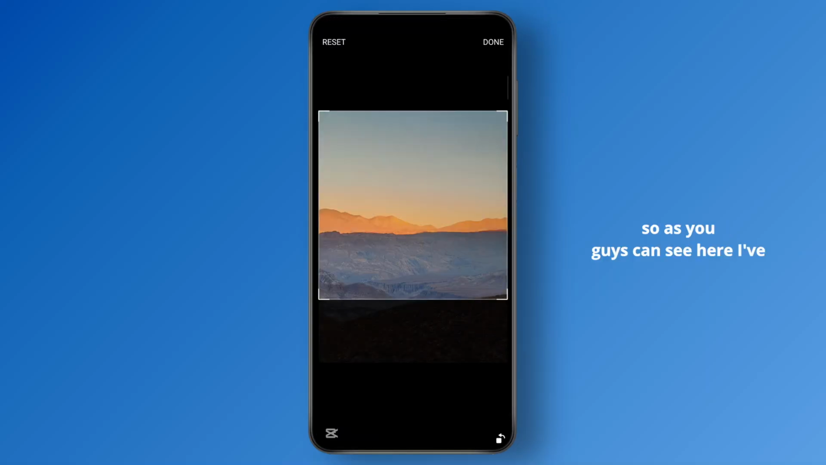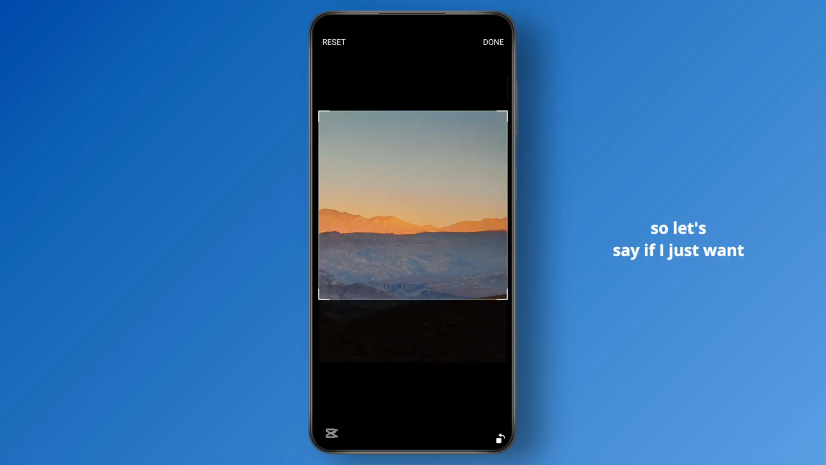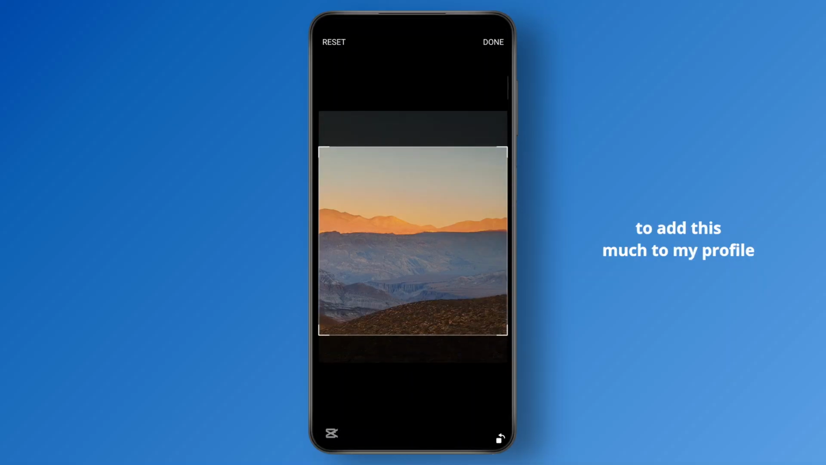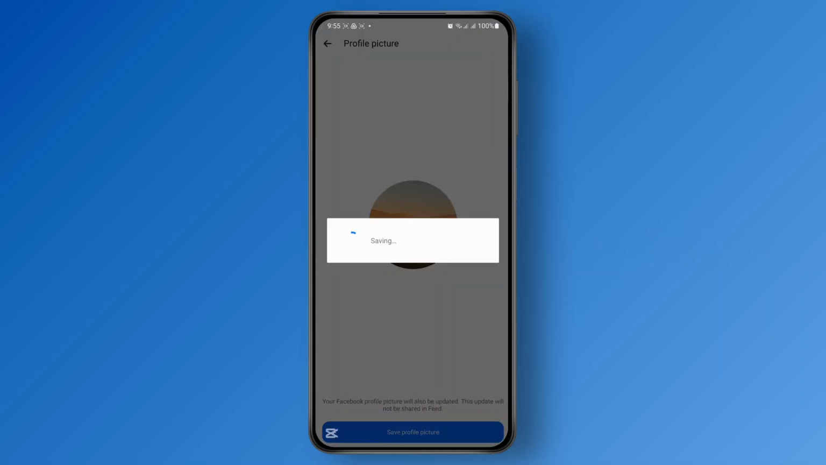So as you guys can see here, I've selected an image from my gallery. You could crop it out if you want and make it so that it fits. So let's say if I just want to add this much to my profile, you could do that and then tap on done. And once you have done that, you could tap on save profile picture option down below and your profile picture will successfully be